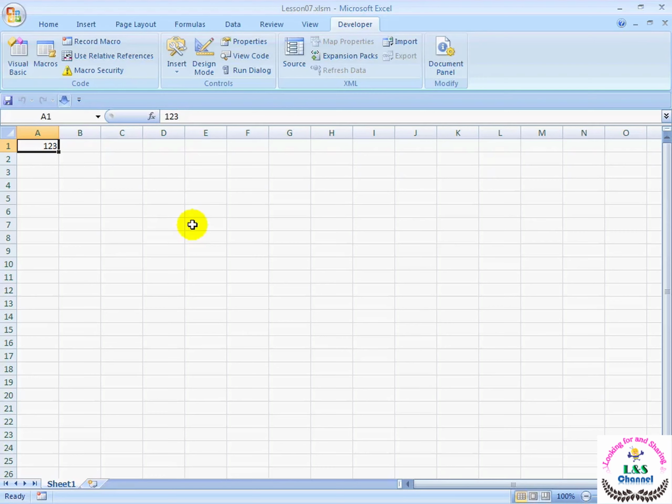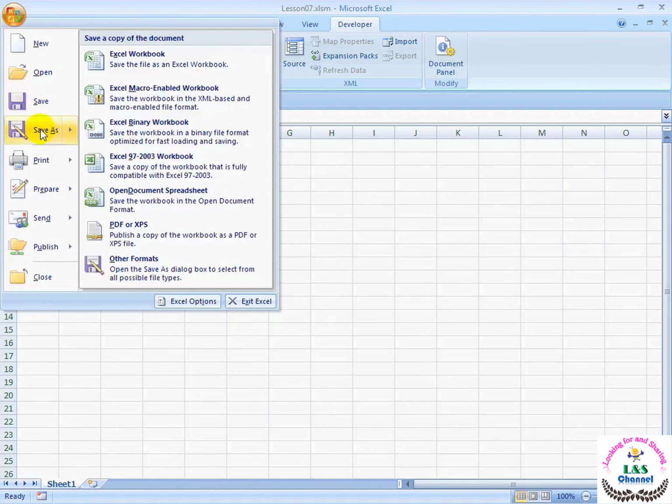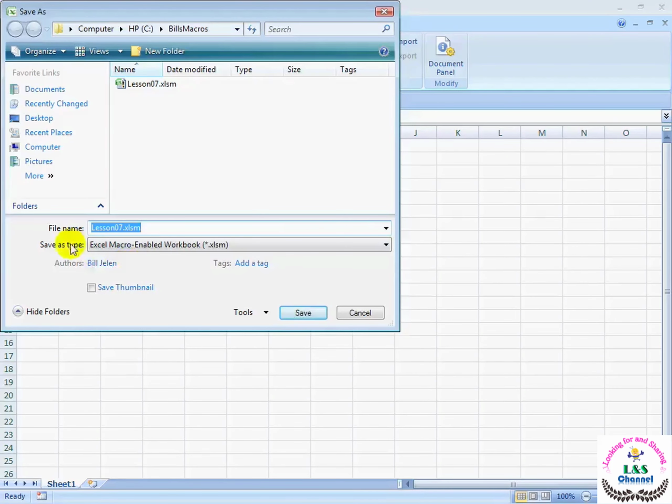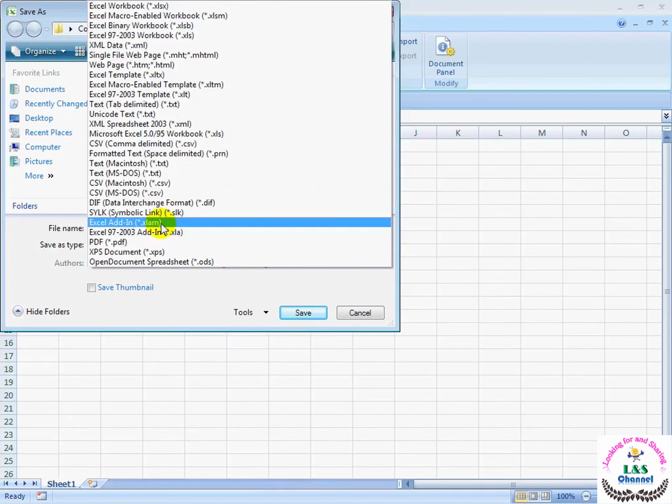But if you're sending this macro out to people around the country or around the world, you're going to have some problems. Another solution is to package the macro as an Excel add-in. Now here's how we'll create an add-in from this macro. We're going to use File, Save As, and add-in is not one of the options available, so we're going to choose Other Formats. In the Save As Type box, look for Excel add-ins. It's a .xlam file,